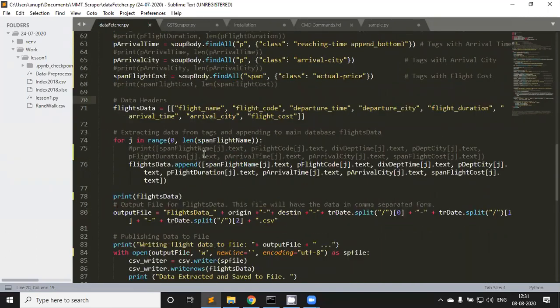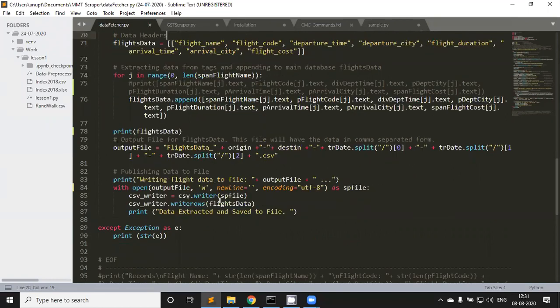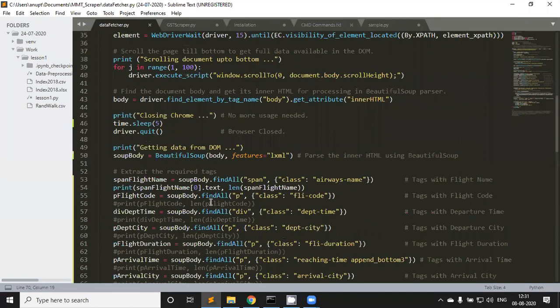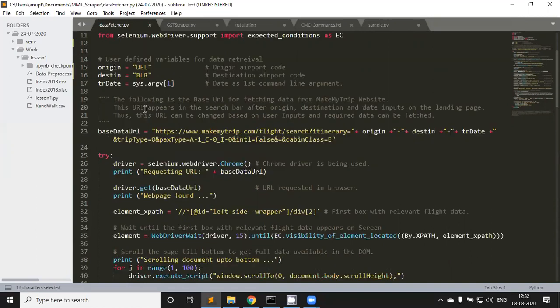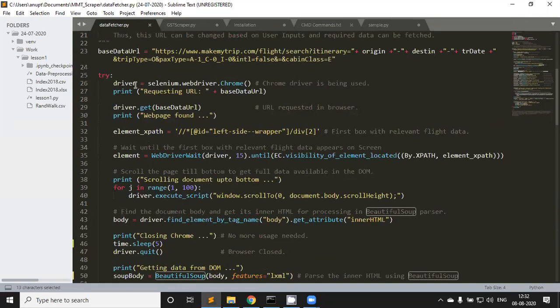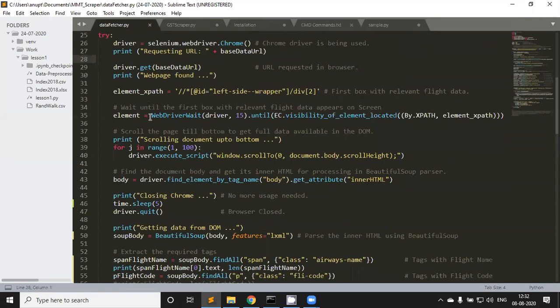Even though we would not be able to understand a lot of what is written here, what we can see is that it's simple instructions. It's saying that from some module, import this thing. It is saying try this thing, assign a variable to driver, then print something. It is saying wait for this particular thing for 15 seconds until you have visibility of